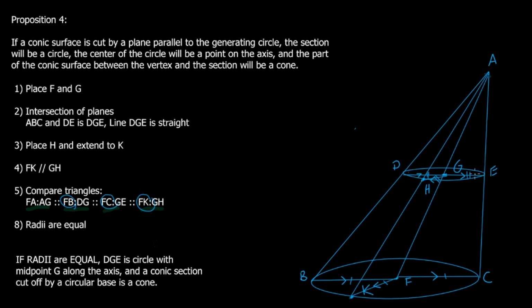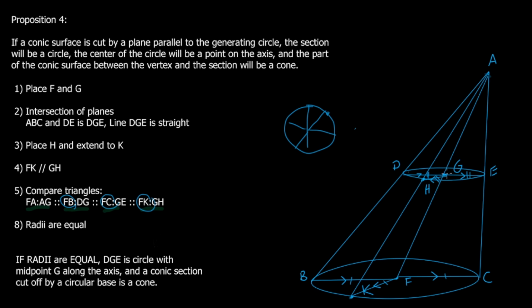So these are all radii of a circle then. We know that because we could have placed H anywhere along this line DE, and it would still be equal to the two lines DG and GE. So that means, what kind of figure would you have to have for wherever you place a point on a line, the spokes of it are equal to one another? Only a circle. So that means that DE, the section here, must be a circle,